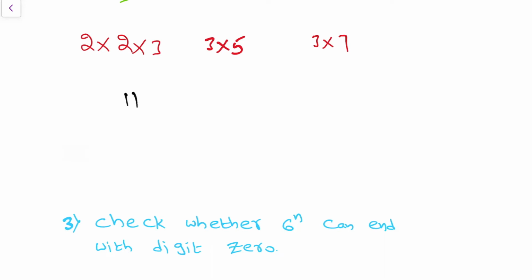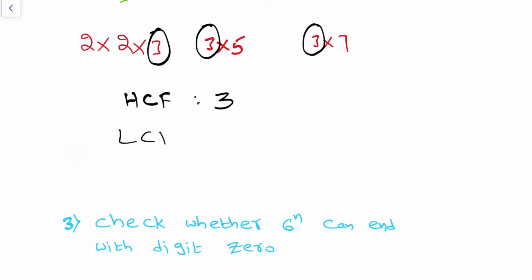So first we need to write the HCF. To write the HCF, we need to check for the common numbers in all of them. In the first one, number 3 is there. In the second one also, number 3 is there. In the third one also, number 3 is there. Except number 3, no other numbers are common. So the HCF will be 3.